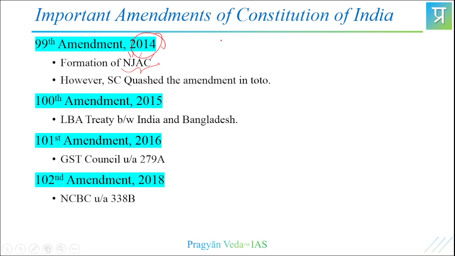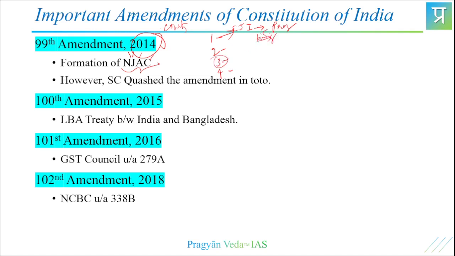If you remember, we had the judges cases: first judges case, second judges case, third judges case, and fourth judges case. In the first judges case, the point was regarding the appointment and transfer of the judges of the courts. The advice of the CJI to the president was not binding on the president earlier. This was during the first judges case. In the second judges case, under the collegium system and the principle of primacy of judiciary, it was made binding.